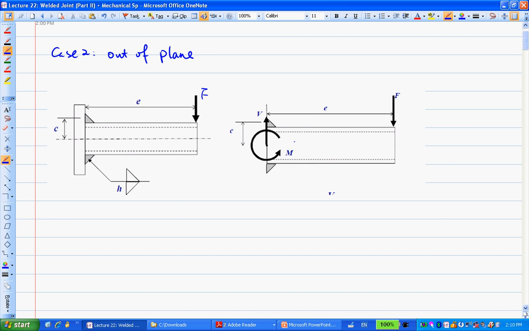When you do a free body diagram, there is a shear force V and a bending moment M to balance this F right here. So at the weld group, there are going to be two different kinds of stress. One stress is caused by the V, and the other stress is caused by the M here, right? Now, the V is kind of easy to